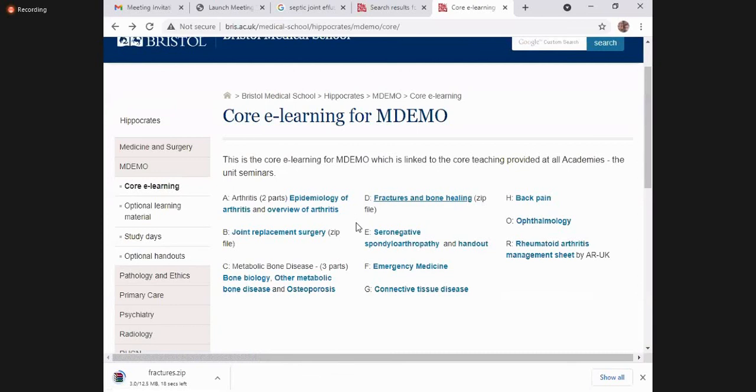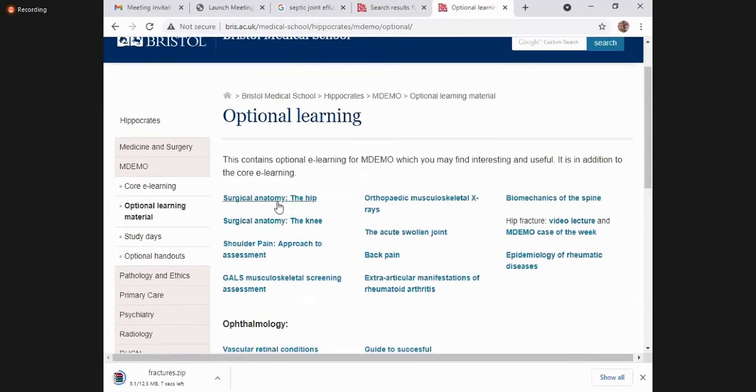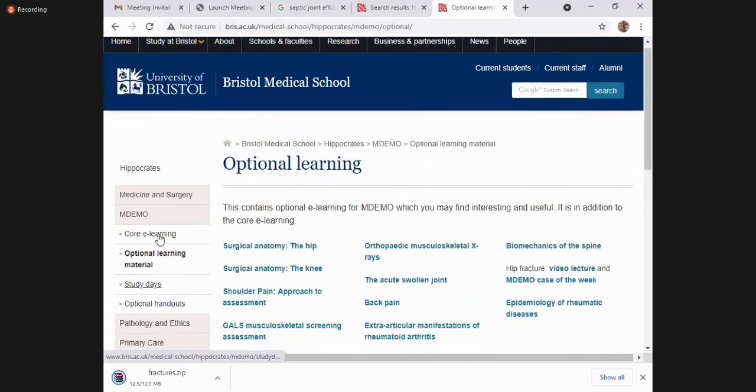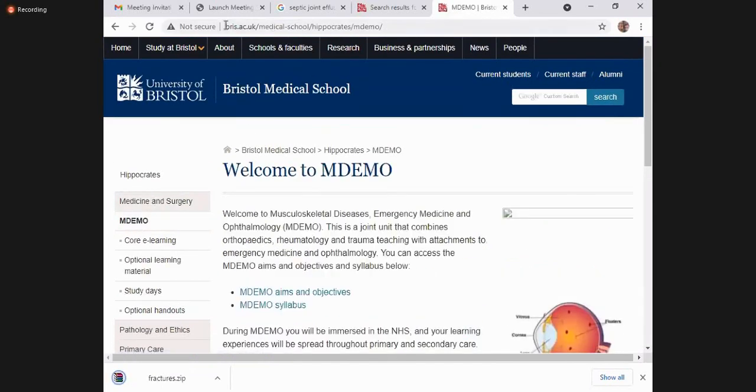You can see a few options will open, few not. Similarly, for example, you will go in the optional learning materials, वहाँ पे भी इनके बहुत सारी you can see surgical anatomy है, orthopedic muscular, कुछ खुलेंगी कुछ नहीं खुलेंगी, but go just and explore. I am giving you the link for it, ठीक है। ये मैं तुम्हें लिंक यहाँ पे कॉपी पेस्ट कर देती हूँ